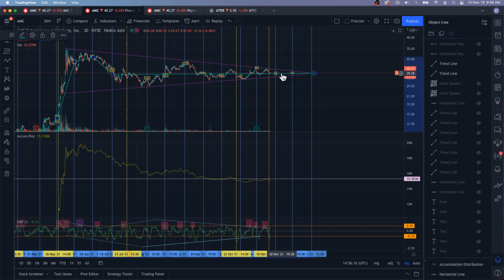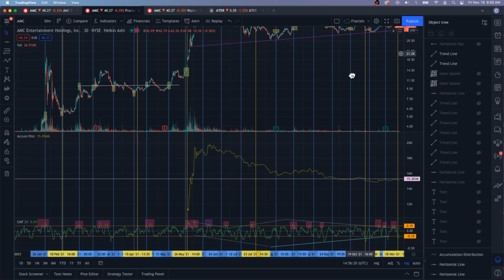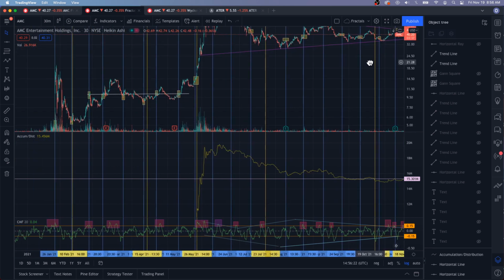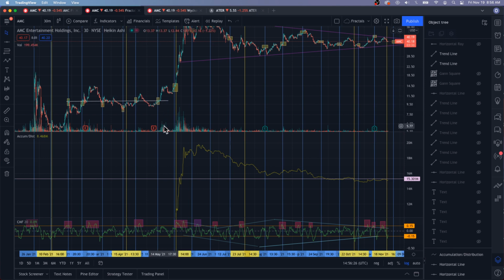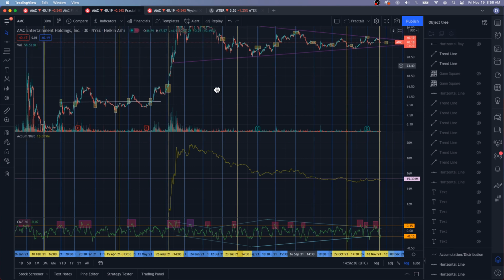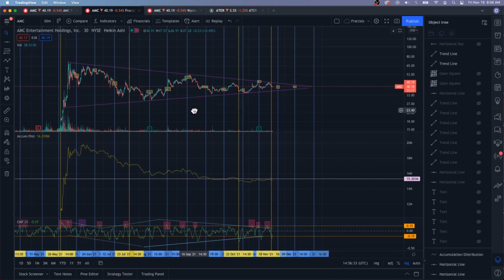So all that being said, to manufacture a short squeeze, quote unquote, you do need technical breakouts. You need volume, you need volatility, and you need short interest and days to cover to rise. And again, I think everybody in this community knows this, but now that we have this kind of roadmap,